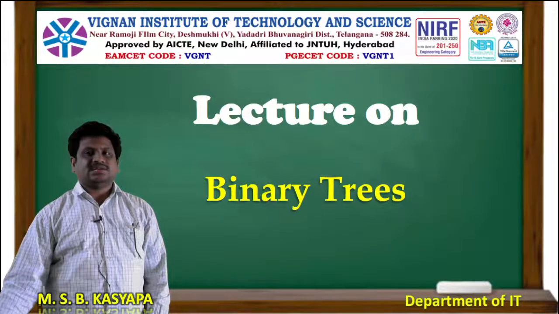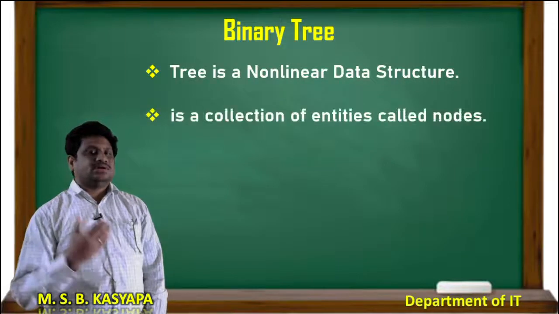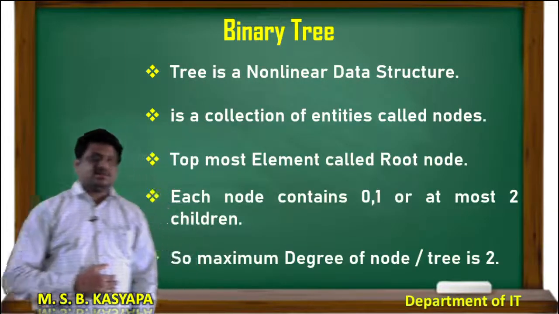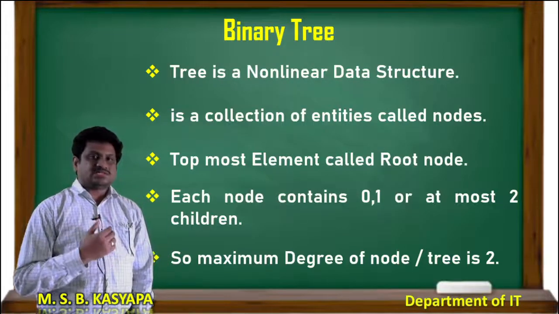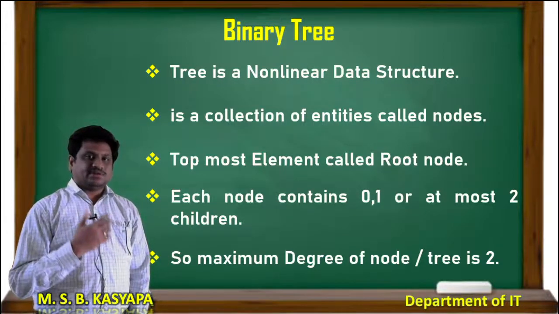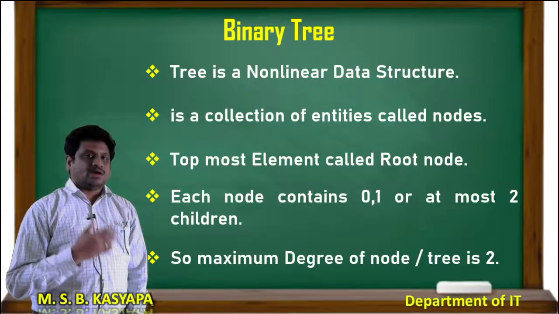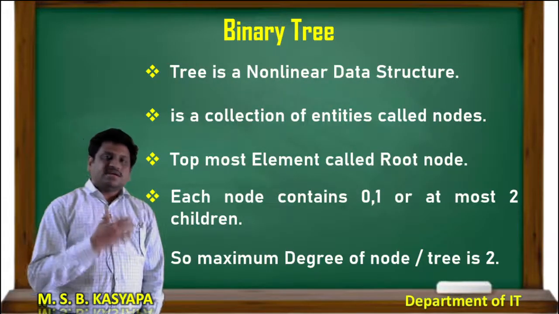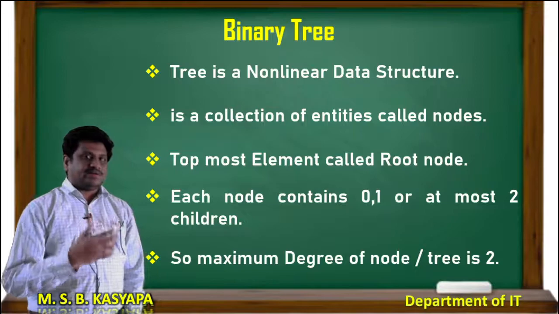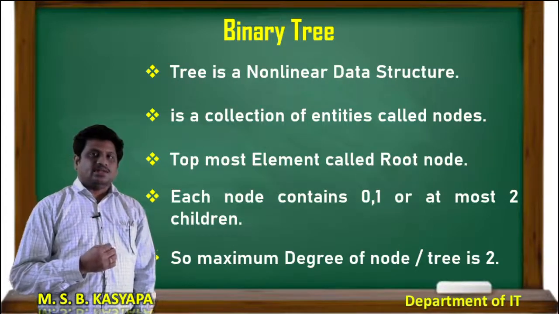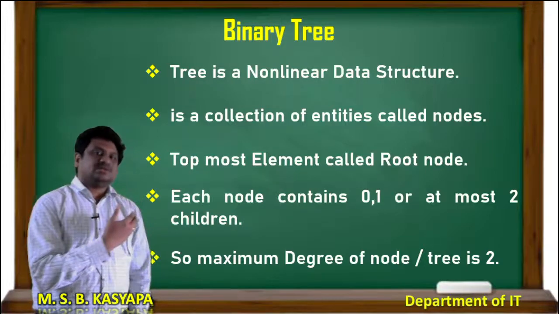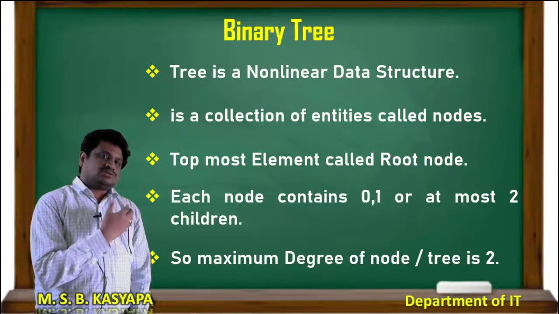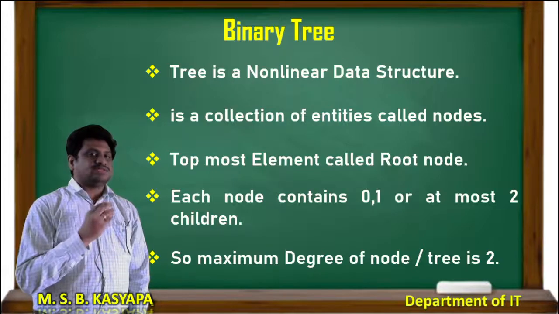So in the last class we discussed the basic tree terminologies and some of the types of trees. Now let's discuss one type of tree, that is the binary tree. How are we going to differentiate a general tree from a binary tree? Let's discuss now. Does a binary tree also have the same properties as a general tree? Whatever the general tree properties, they are also applicable for the binary tree with some restrictions.